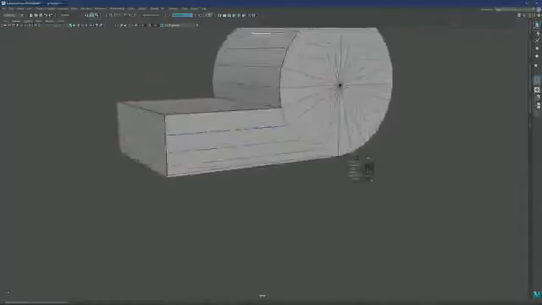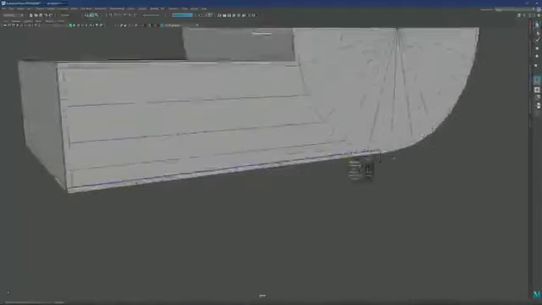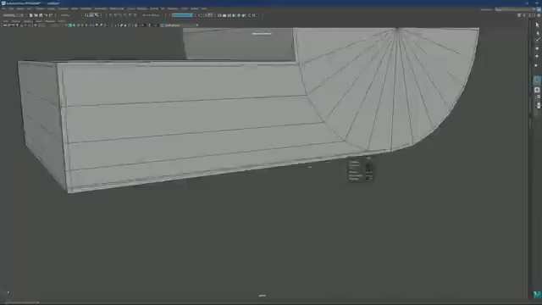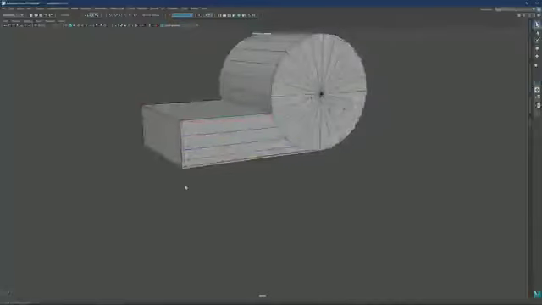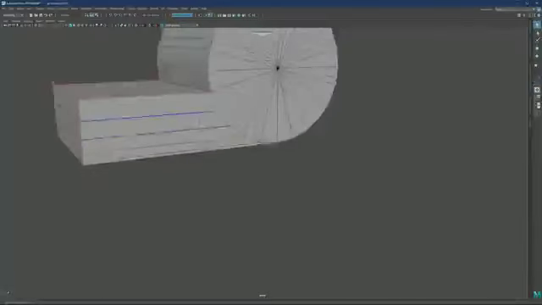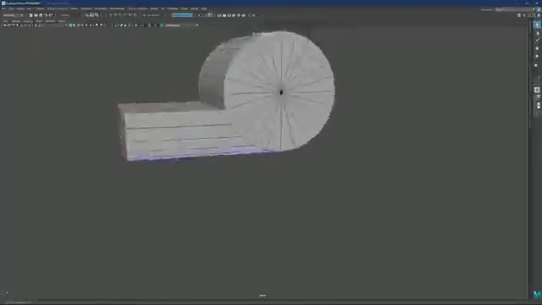If I now go to bevel and decide to bevel this, you will see that these edges will try to intersect and the bevel will just stop, while this area is still fairly large. These are the areas that we are trying to avoid. So the next thing we need to do is even these edges out.